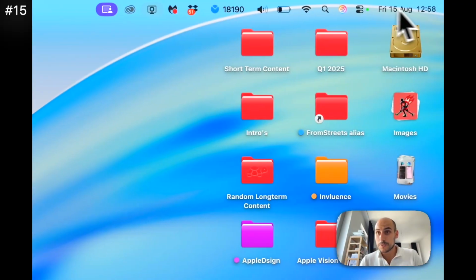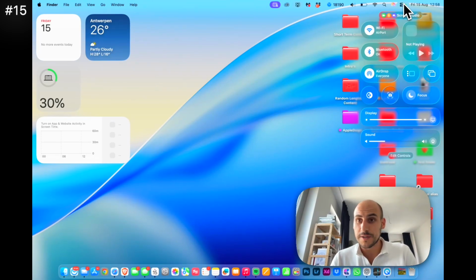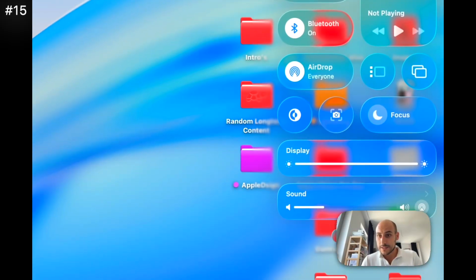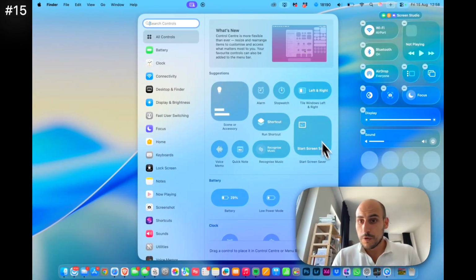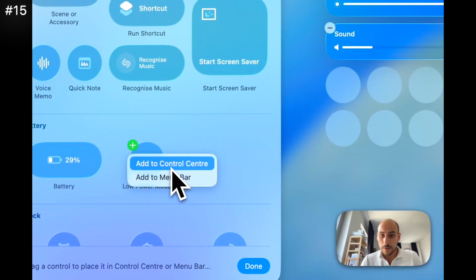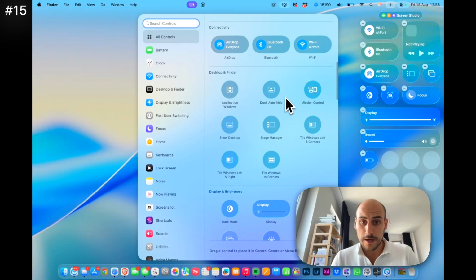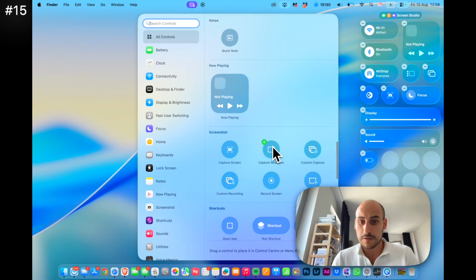Next, let's go to the Control Center, because this now really looks like what we are used to seeing on the iPhone. It looks similar to the one we have in iOS 26. So yeah, you have these new animations, the gloss design. You can easily edit the controls right now. We're going to system settings, and there you can add or remove certain items from the control panel. Let's, for example, add the low power mode on here. We can add from the clock, connectivity, display and brightness. I mean, a lot that we're used to seeing also on iPhone is now available here in the Control Center